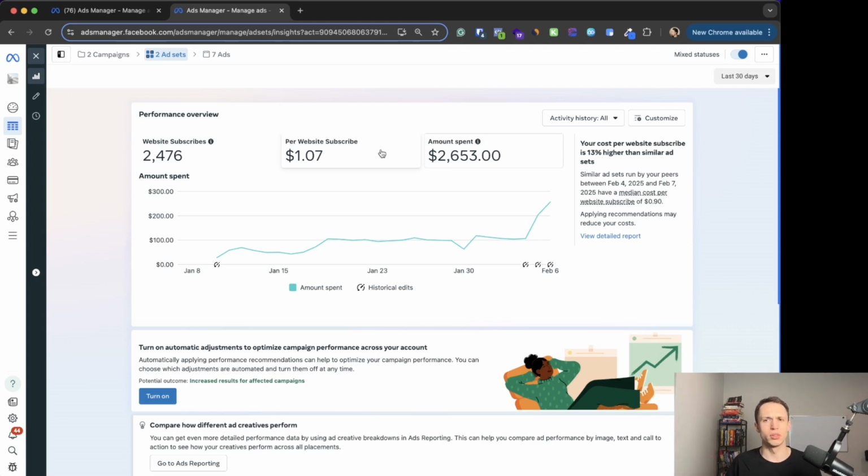Because to consistently reduce cost per result on the Meta platform, obviously you have to do all of these things: you have to have a landing page, a good product, and economics to afford the growth. But when it comes to improving things in the ad accounts, it comes down to creatives